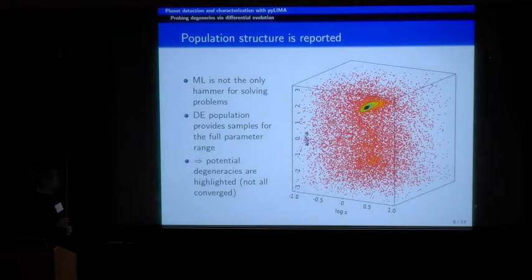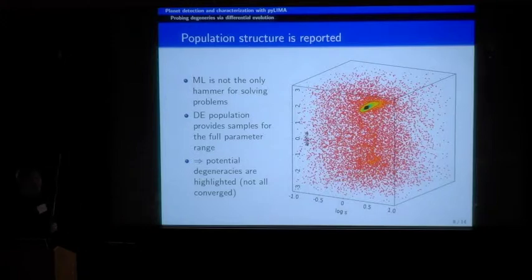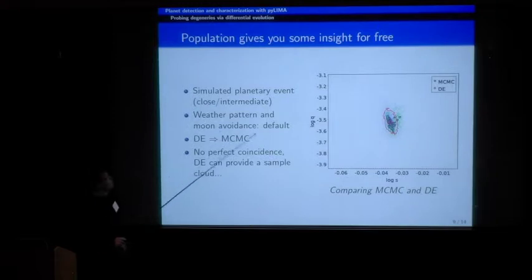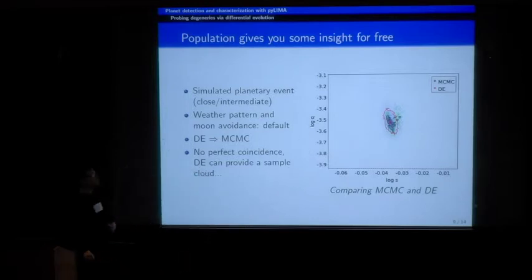It also highlights where potential degeneracies are. They are not necessarily converged in these overdense regions, but they are potential candidates to be probed. So we thought that's a good approach. Also, we combine it not in one integrated package, but in two steps with the SciPy DE and the EMC package. You can also use the output of the differential evolution to inform your Markov chain Monte Carlo to get things faster. In that respect, this is not part of the standard package. You will have a better performance on that.